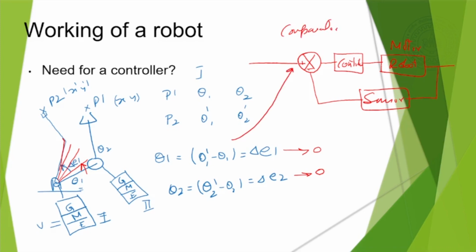Okay, so what it does is I know what is the desired position, I want to go to the desired position theta 1 dashed, and what is my present position? It is theta 1. So the comparator finds the difference between them. Your theta 1 is coming from here. So it is doing theta 1 dashed minus theta 1, and then giving this error, E1, to the controller.